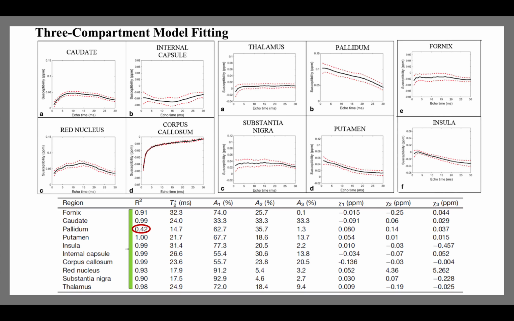The reason that pallidum didn't have a good fit could be the inability of the three-compartment model to explain the trend in the TQSM curve. Secondly, the model assumes plane waves can be used to explain each compartment, which may not appropriately describe the signal behavior observed in experimental data.